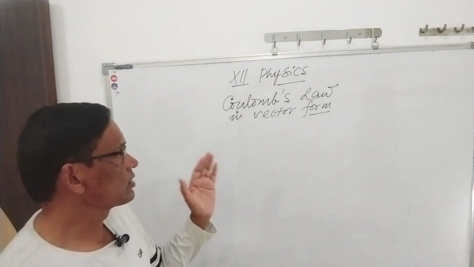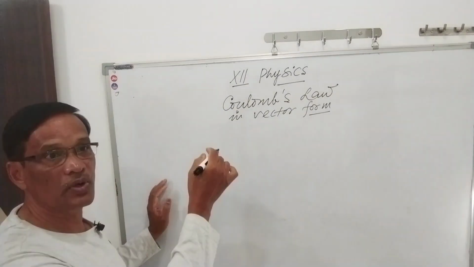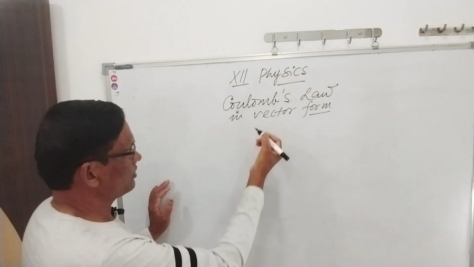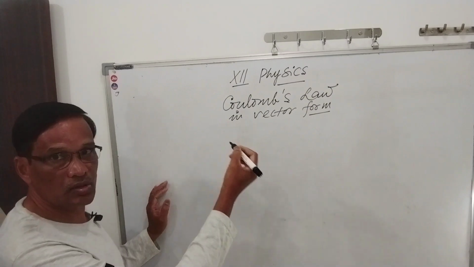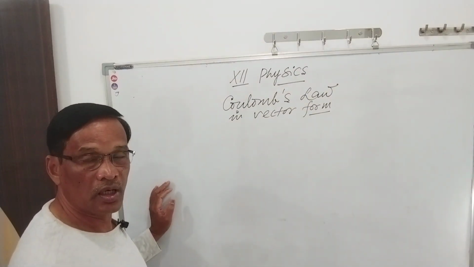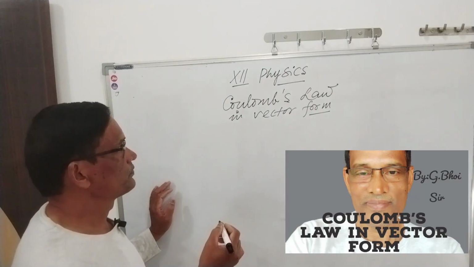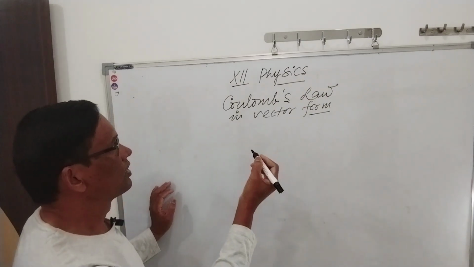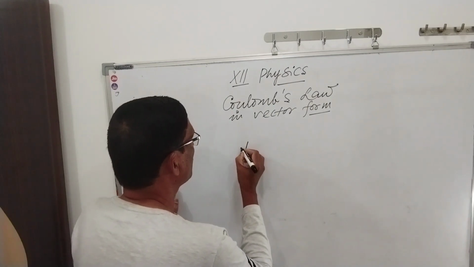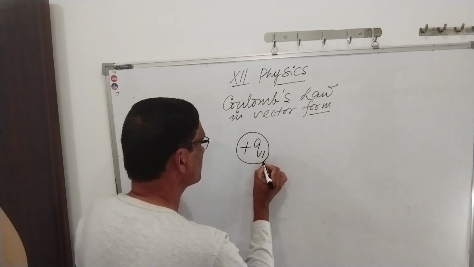Class 12 Physics, Coulomb's law in vector form is a very important concept and many children are confused about how to use the vector form of Coulomb's law. Everybody knows Coulomb's law, F equals k q1 q2 upon r square, the inverse square law of Coulomb. But when you apply it in vector form, there is one positive charge q1 located here,